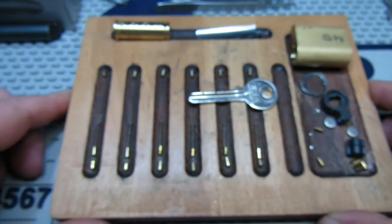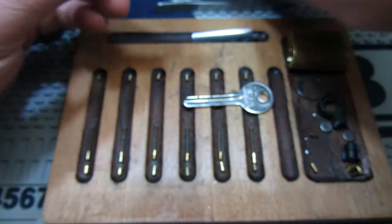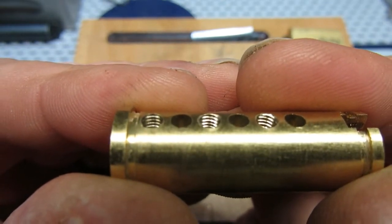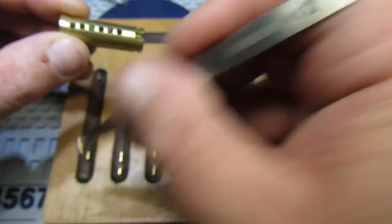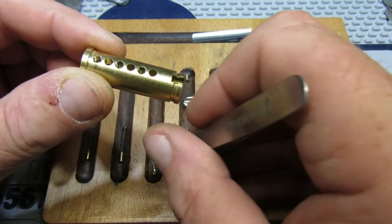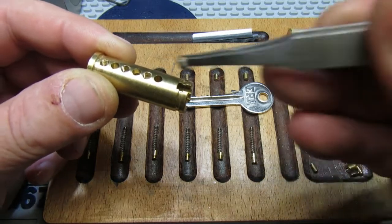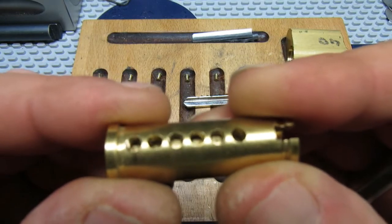So these were worked out partly from the binding order as well, and making sure that once we've loaded the core, before I put the core in, one other thing, just a 3.5mm tap, and I tapped 1, 3 and 5, so literally a couple of minutes of work. So it's really mainly an exercise to show that you don't necessarily need to be fantastic at making pins and all this sort of thing to make a really nice challenging lock. So with this one especially, we can see we've got quite a reasonable depth in the core,